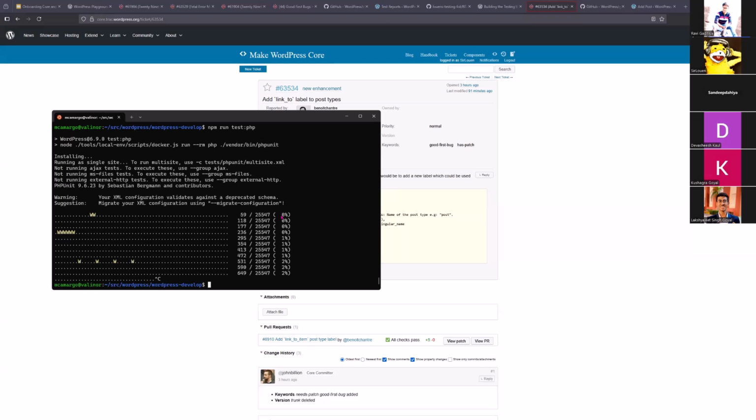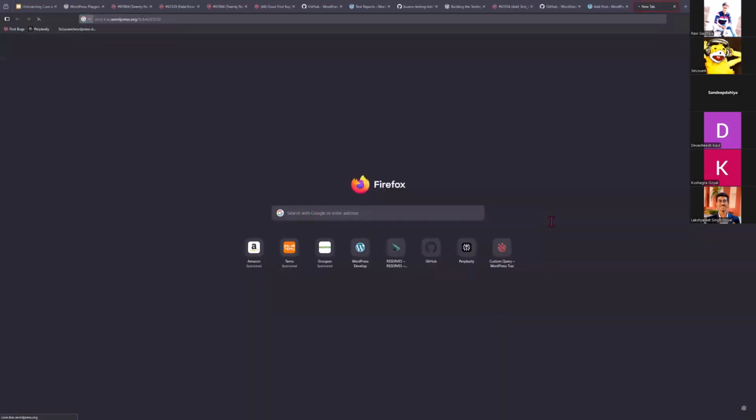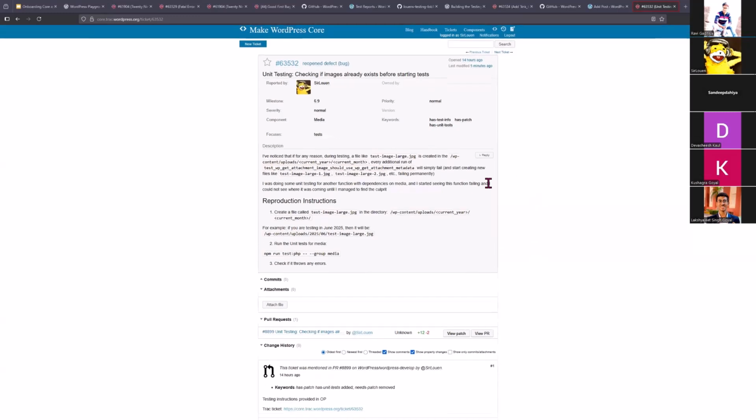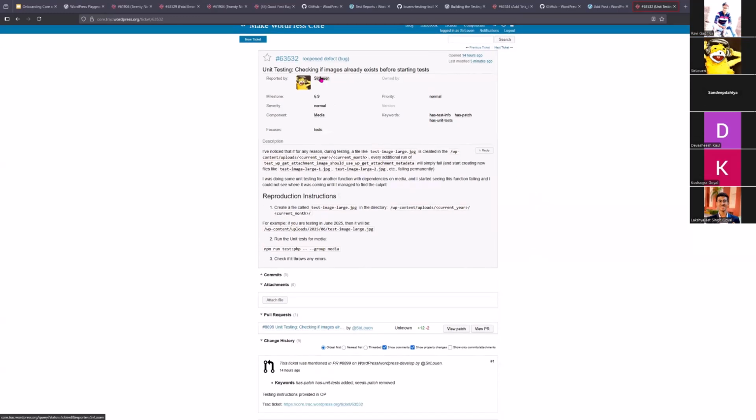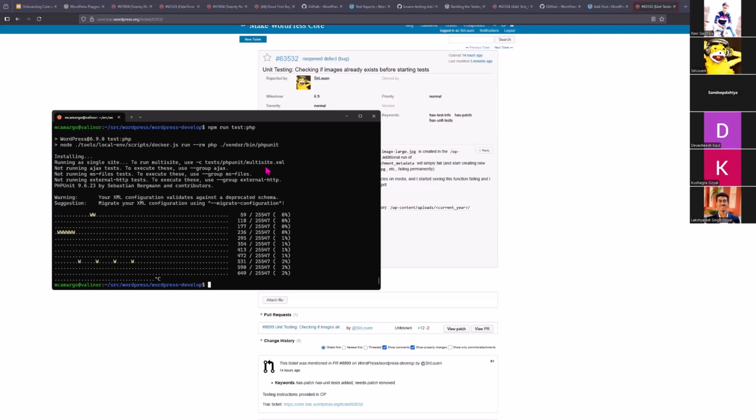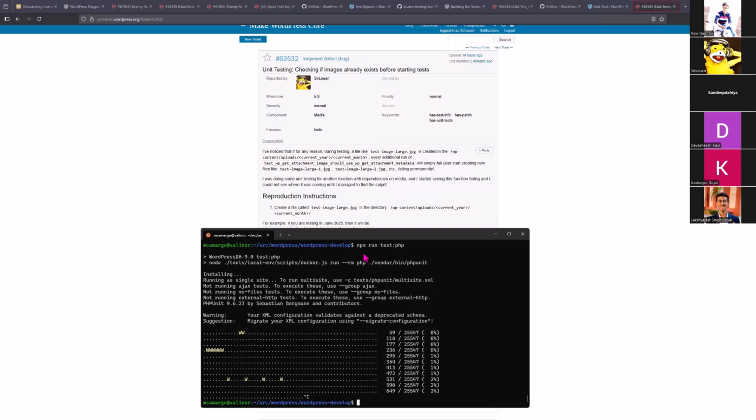I'm going to put an example that I have here so we can understand why we have to test one unit test. This is one report I did last night, and it's about a test that is failing, and we want to see what's going on here. So we go into the terminal. As we can see, this is specifically testing for one test among all the 25,000 tests that exist inside